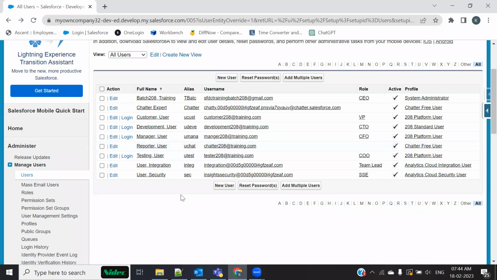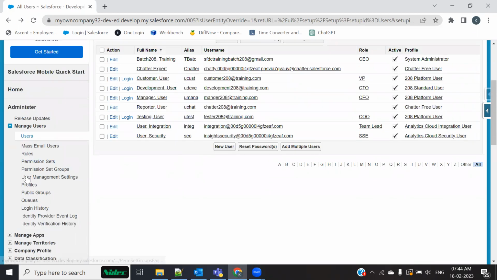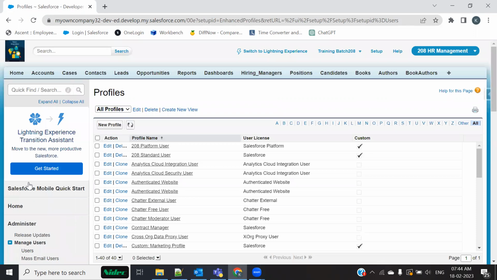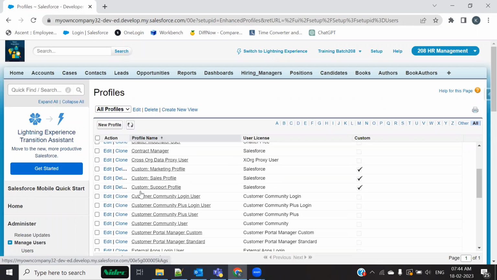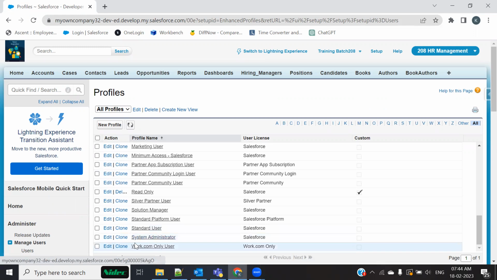Or, vice versa, if there is a user who should have full access, in that case we can give him a standard profile called System Administrator. Again, there is no need to give him a custom profile. So based on these two facts, you can consider these two as two distinct points for this